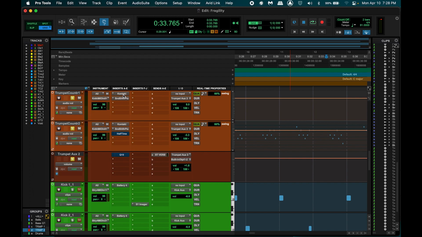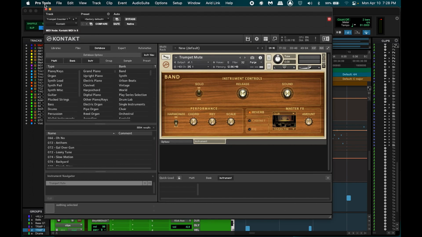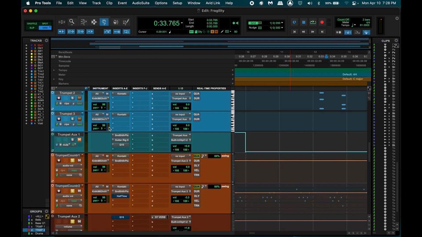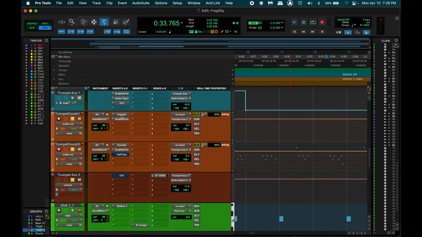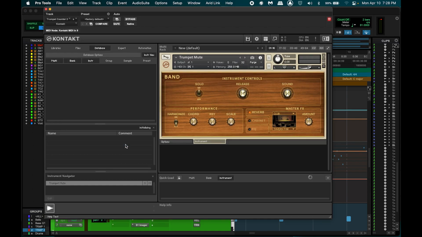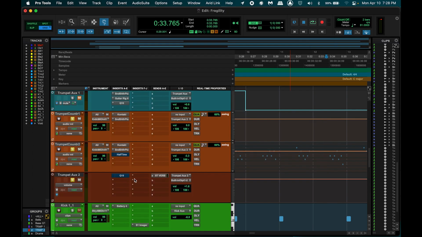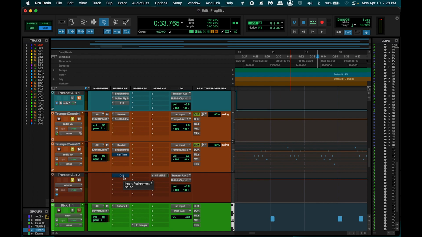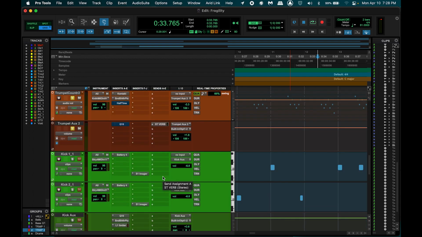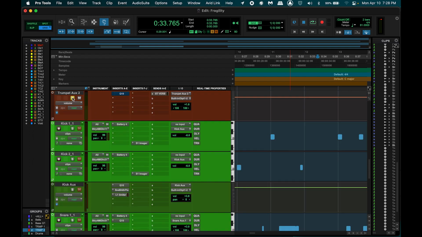And so I'm using the trumpet mute preset from the Native Instruments library. I'm also using another one, but I just process them differently. And then that's feeding into my aux track here, which has a Q10 that I think I automated to bypass and unbypass. And then I have my reverb coming from stereo here. Awesome. So yeah, that's probably my favorite sound in this whole song.